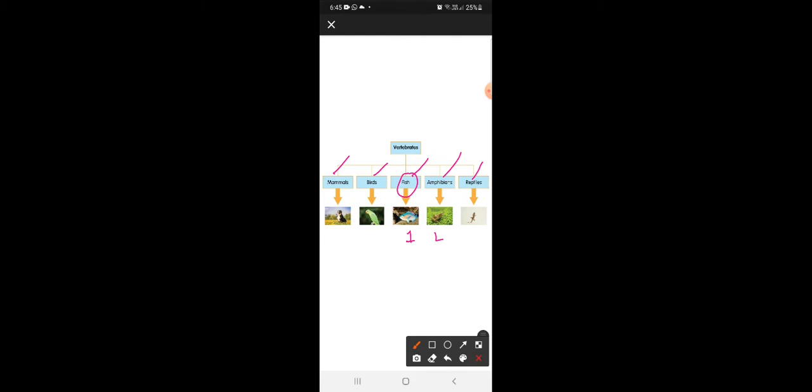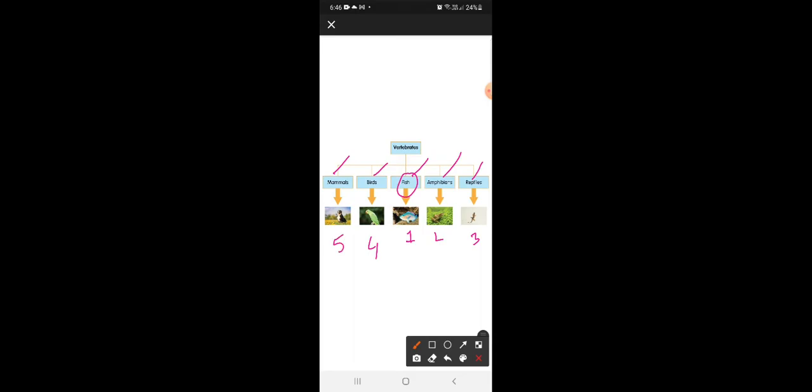Now whereas when it comes to your reptiles, their body is covered with a normal skin, and they have sticky pads. With the help of those sticky pads, they can stick to the walls, they can stick to the stems or any other places. So now the fourth group that we can see in the vertebrate animals is birds. So birds are the animals which are able to fly because they have hollow bones in their body, and they are having feathers for the flying purpose.